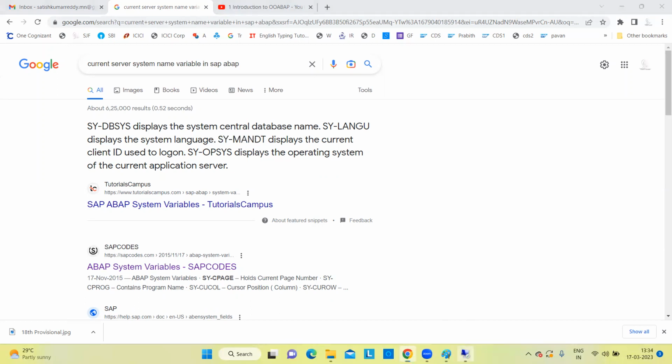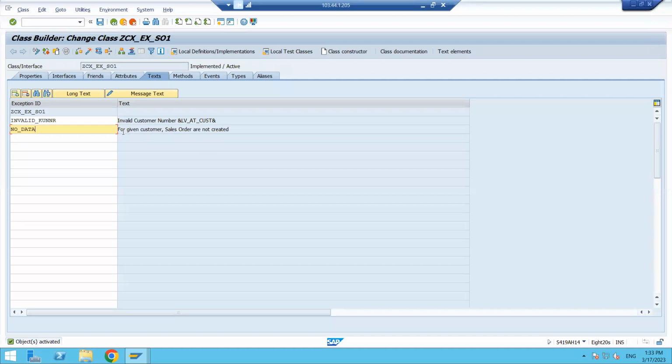Okay, now I will display, for a given customer number, that sales orders are not created in the client, the client number. What is the client number? The client number is 800, right? So the client number I want to display it here. Okay, fine. Now